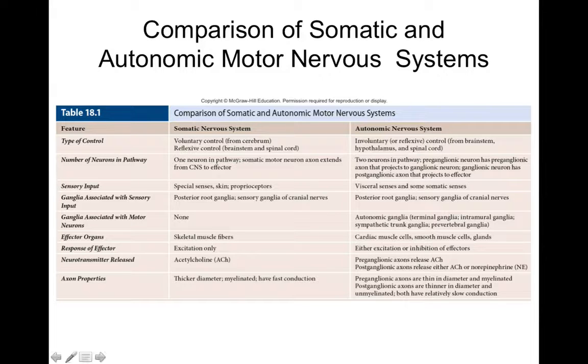And then the axon properties, you guys. Well, for one, our somatic motor neurons have a very thick myelin sheath. So what does that tell us about the speed of action potential propagation for somatic motor neurons? It's fast. You got it. For the autonomic neurons, they either have a very thin or scant myelin sheath, or it's missing. So what does that tell us about the action potentials for the autonomic nervous system? More slow, exactly. I mean, they're still fast, but they're relatively slower than the somatic motor neurons. It could be that a somatic motor neuron can transmit an action potential at like 360 feet per second, whereas an autonomic neuron might only transmit it at 3 feet per second, which is still pretty fast as far as our body's concerned. So, something to keep in mind.